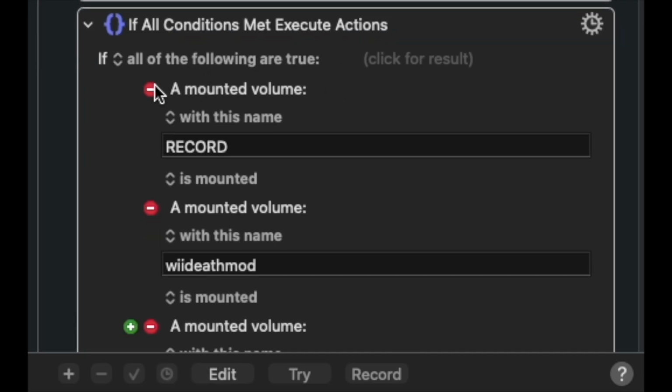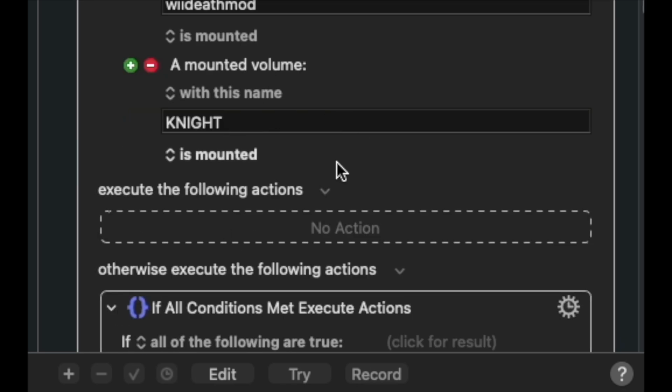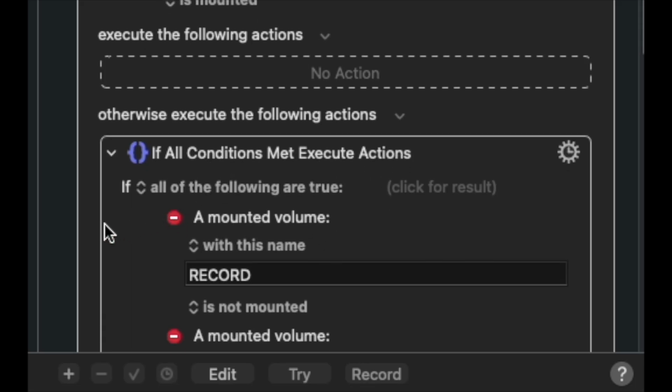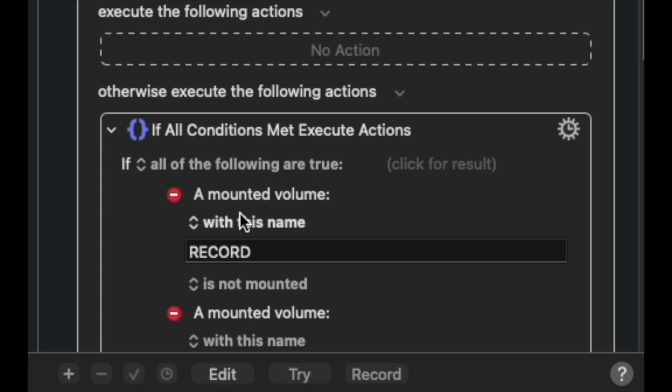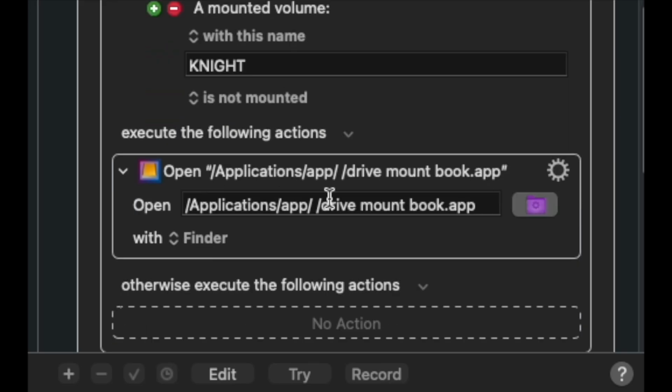The if command is: if all the following are true, record mod night, it will execute the following action, which is none. Otherwise, it will do another if statement: if all the following are true, record mod and record mod at night are not mounted, it will then run this application,